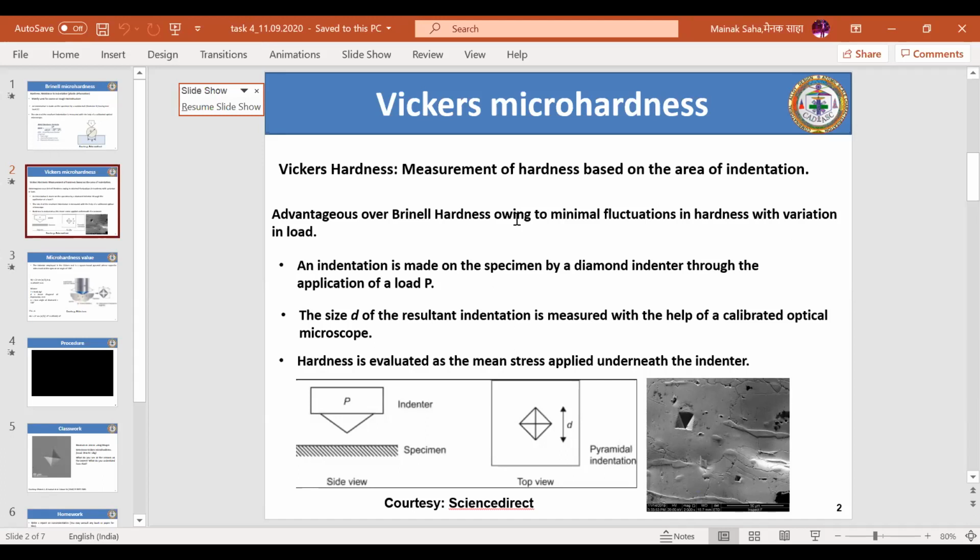Note it down, because this is a composition. There is no justification I can provide; it's impossible to provide justification. So rather, I can say it's 0.25 to 0.3 weight% carbon that is there in mild steel. Now coming back to hardness. Now let us come back to hardness.